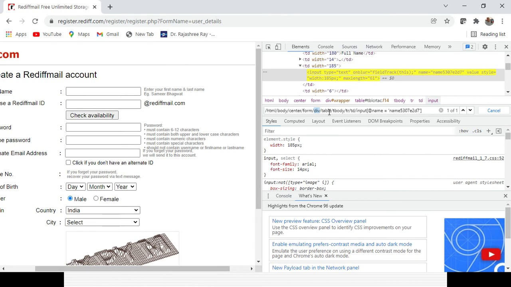And what is partial XPath? Suppose if you remove some of the unimportant parts, your XPath identification can still be successful, right? So that is called partial XPath. Suppose after the form, if you remove the div, that form div, you can see sometimes element identification can still be successful.